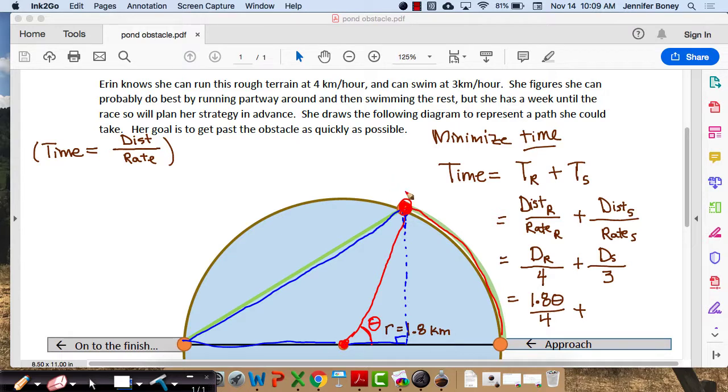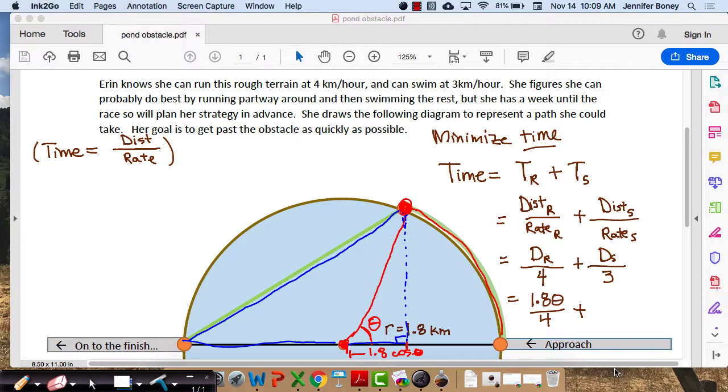Yep, 1.8 times sine or cosine for horizontal? Cosine, 1.8 times cosine of theta. Now in terms of this triangle, that would be this distance here, 1.8 cosine of theta. Just this bottom side of the triangle. Sorry, that looks like a blob. 1.8 times cosine of theta